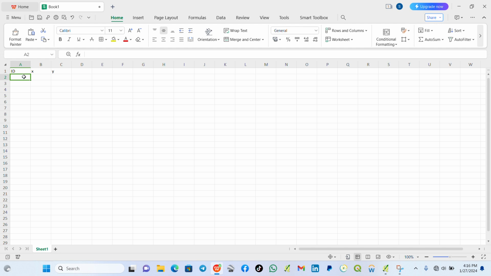The XY coordinates I collected from GPS are 11, so I have to give ID number from 1 up to 11. 2, 3, 4, 5, 6, 7, 8, 9, 10, 11, and then within X coordinate I have to put the X coordinates 47, 48, 61,